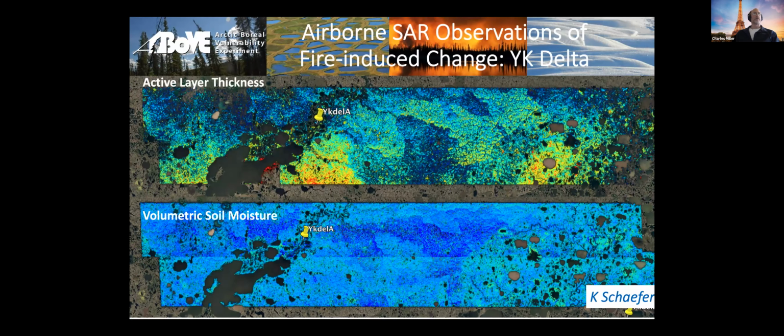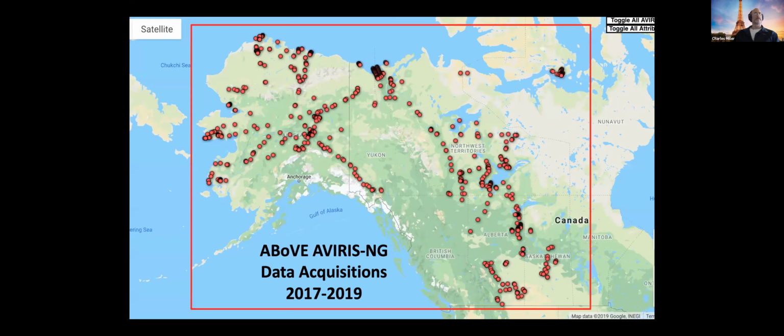And so you'll see that within the fire scars, the active layer thickness based on subsidence is actually significantly deeper within the fire scars as compared to the external to the fire scar undisturbed areas. And the soil moisture is enhanced. And these are both really compatible with the degradation of the permafrost underneath the areas that have burned compared to the undisturbed areas. Again, these will be available for people to look at in more detail. I just want to give you a quick summary now. Let's move on, please.